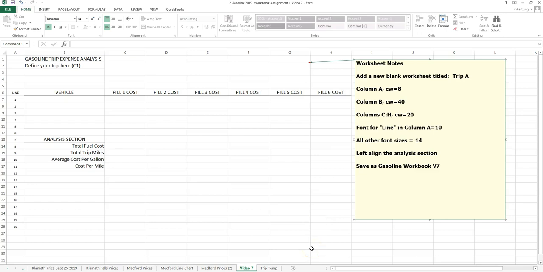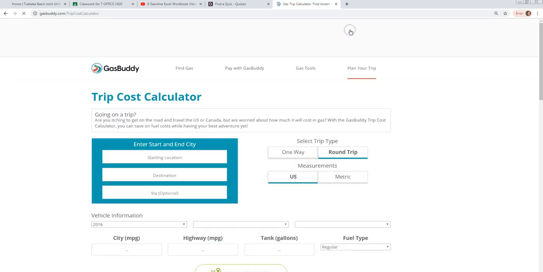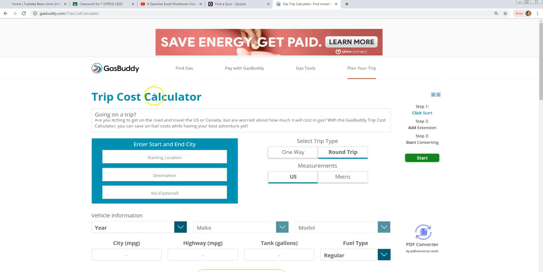Video 7 in the Gasoline Workbook series here in Excel is going to begin our adventure in analyzing the cost to take a trip of about 1,000 miles. So what we will be doing, not in this video, but in the next video, is we're going to go in and plan a trip, and GasBuddy provides a nice trip cost calculator,